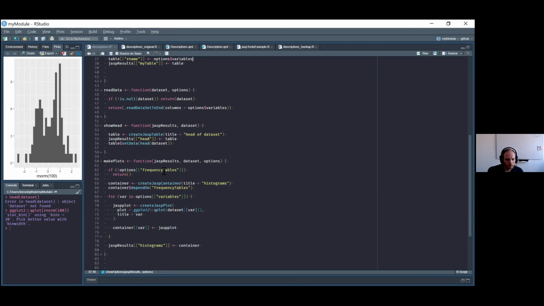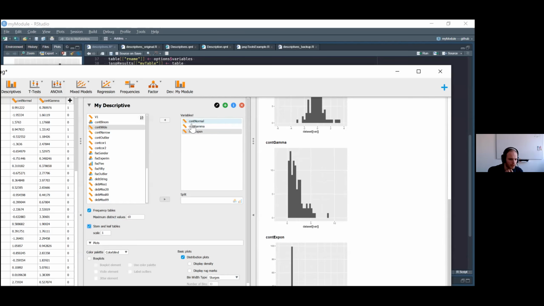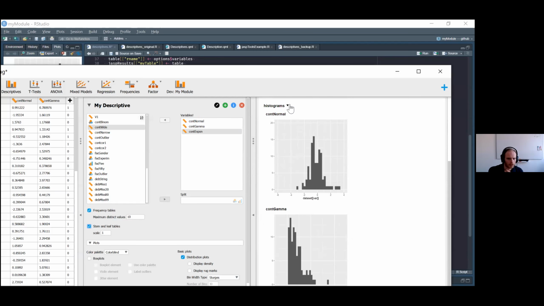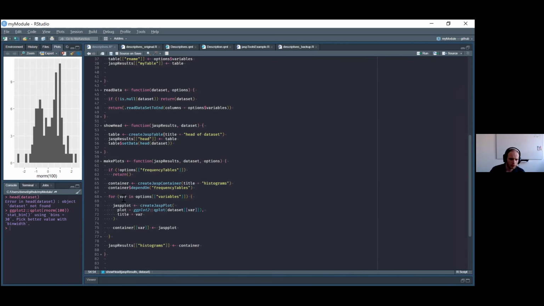So what we have in this container, right, is that you have multiple plots, and they all have something to do with these variables. But you wouldn't say that this whole container as a whole depends on the variables, because then everything inside of it is thrown away as soon as a variable changes. So what we would need to say is that this JASP plot, and then we have